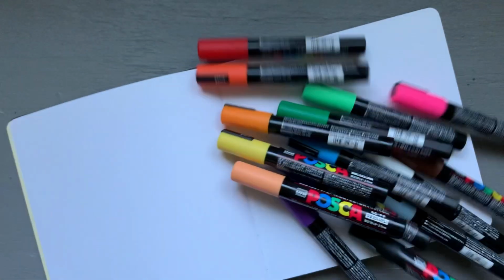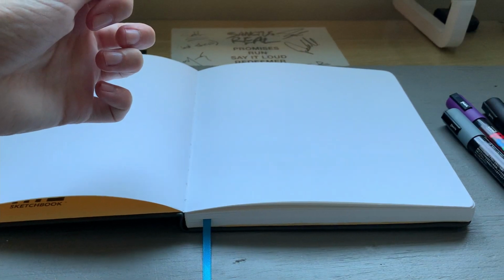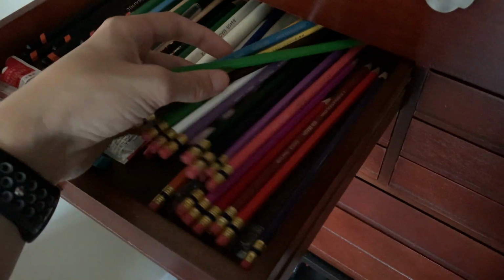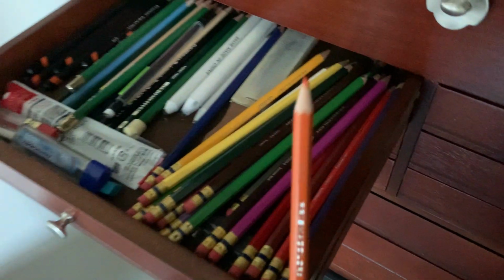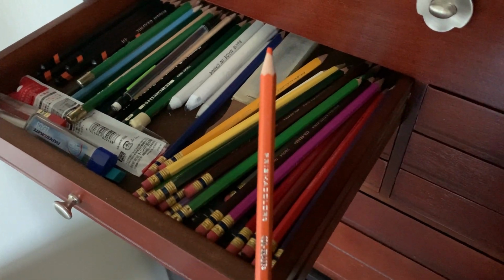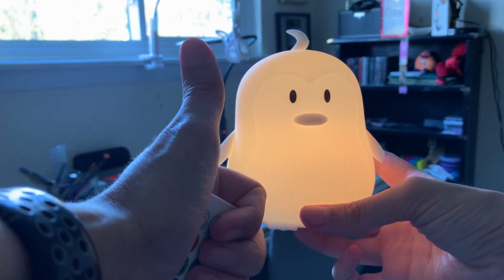I plan on using my illo sketchbook for this, and I plan on using my Posca markers for this, which is something I never do because I'm not a super big marker person, but I wanted to try them out. Like I said in my haul video where I hauled them, I am excited to try to use them because it is one of those supplies that YouTube recommends a ton, and so I just want to see what all the hype is about. So I'm excited to make some fall related illustrations for you today,